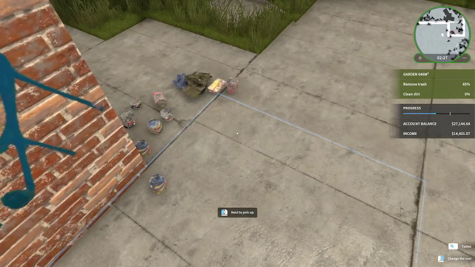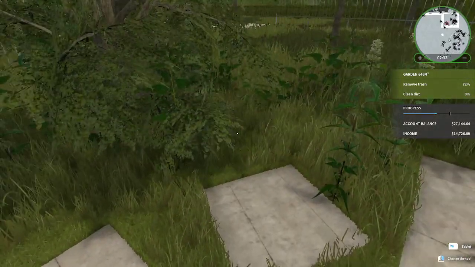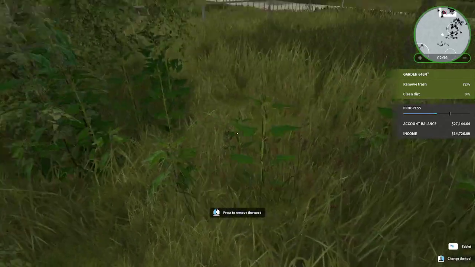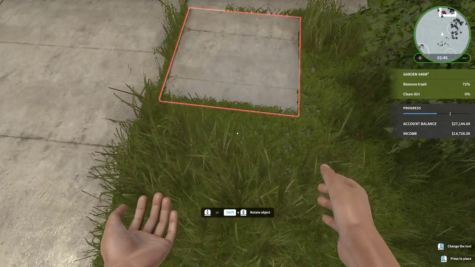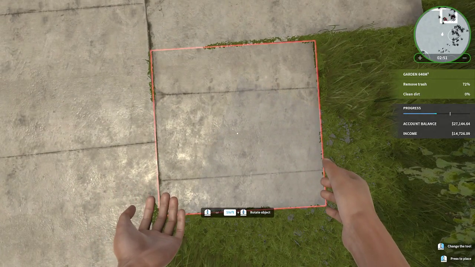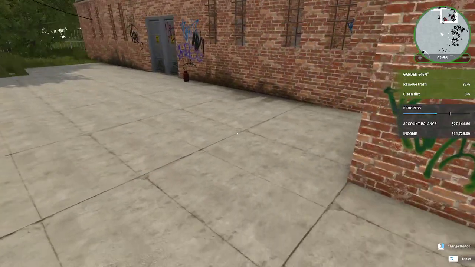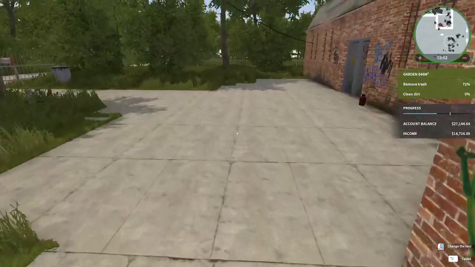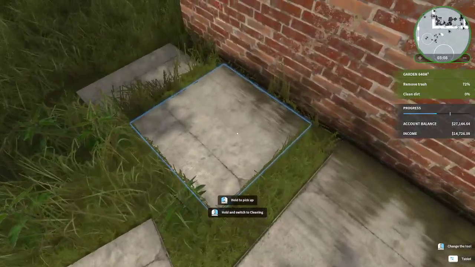So outside, we've only done 61% of the trash. I really wish I could use my weed whacker or the mower. There. Okay. So I still have 28% trash. And